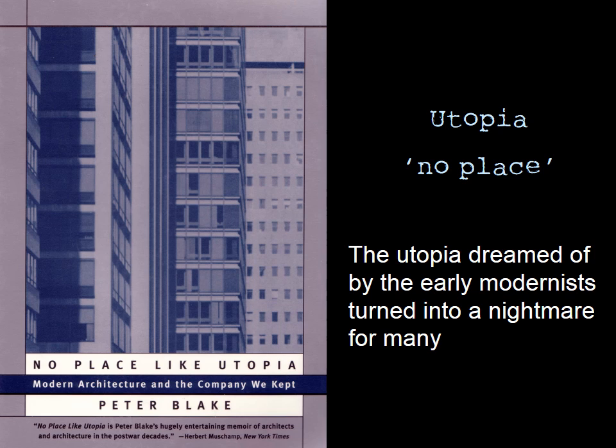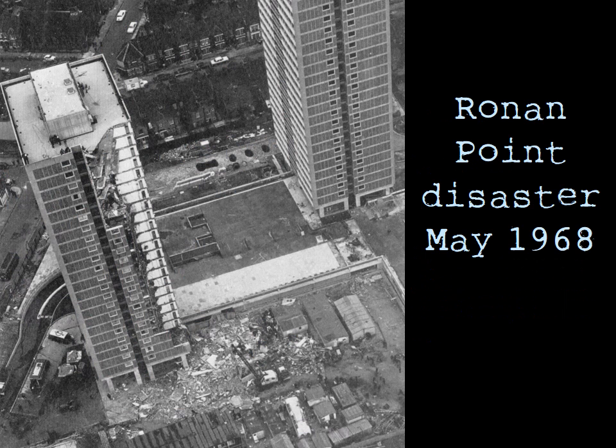So in this lecture, we're going to actually turn away from the modern architect and think a little bit more about the actual delivery of things on the ground. And I've talked previously about the Roman Point collapse, and it shows you what happens when a building system is pushed beyond its intended tolerances. The incident was only, however, the most dramatic manifestation of physical problems that plagued a great many of the post-war estates. Experimental building techniques, low building specifications, shoddy workmanship, these combined to create real environmental problems.